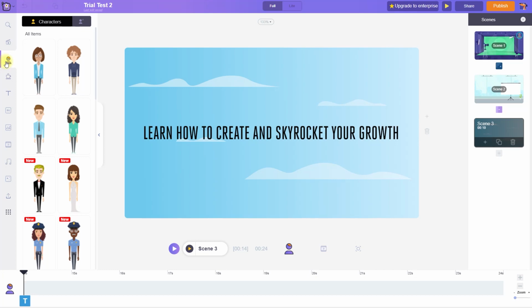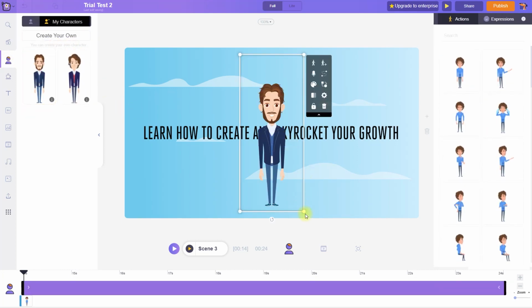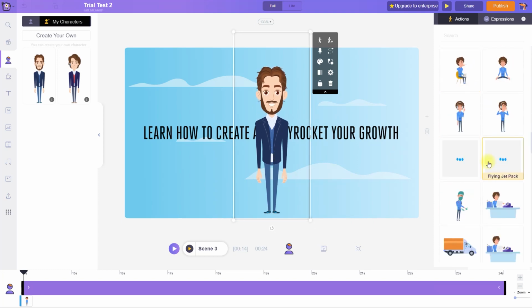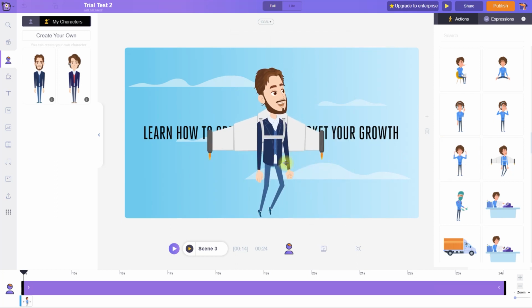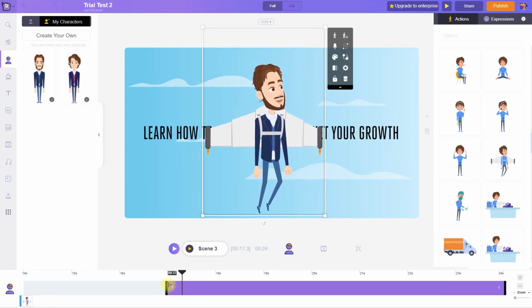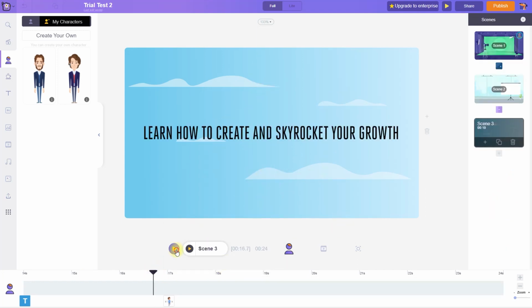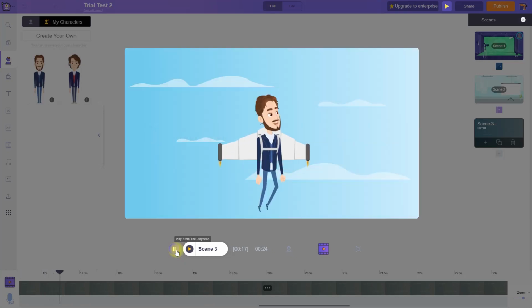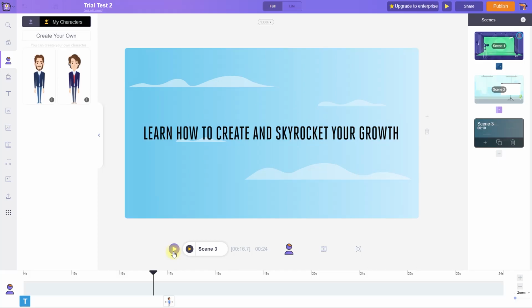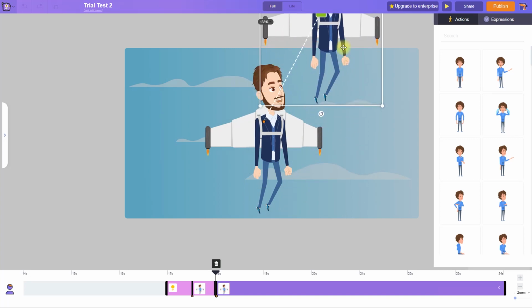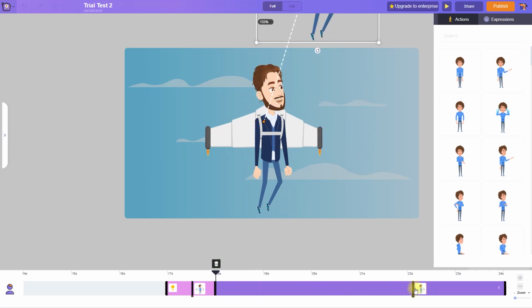Now we'll be showing our character as a flying man and it will be symbolic to growth and skyrocketing your growth. Let's import our character again, and here we have our character again blinking right in front of us. Let's choose an animation. This one, it looks really good. We'll be starting it from the 17th second and adding pop from the bottom. So as soon as our text exits, this will come flying in. You can see that it looks really good, and we want to show that it is flying off. So what we'll do is we can add an action sequence here. Let's show that to the audience.